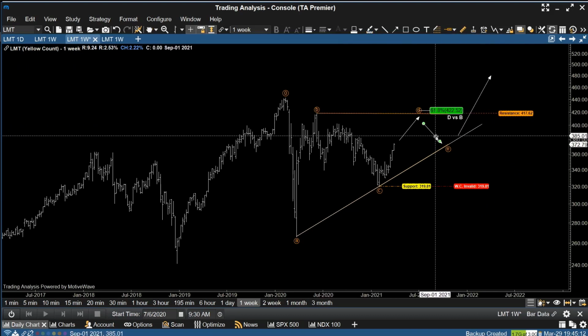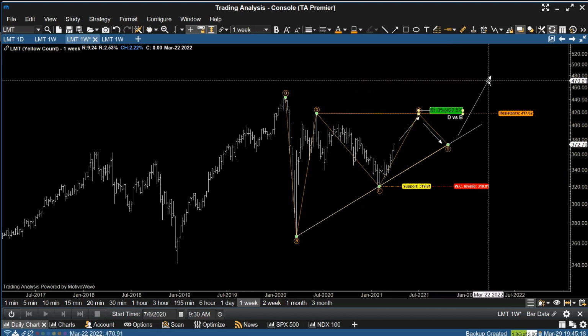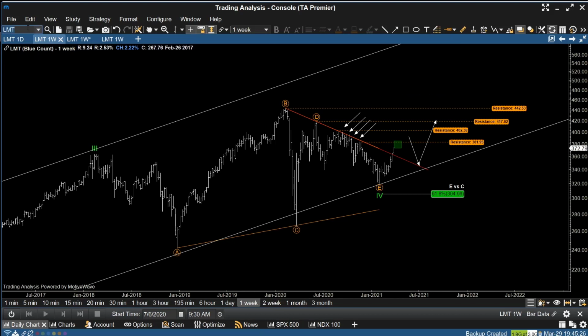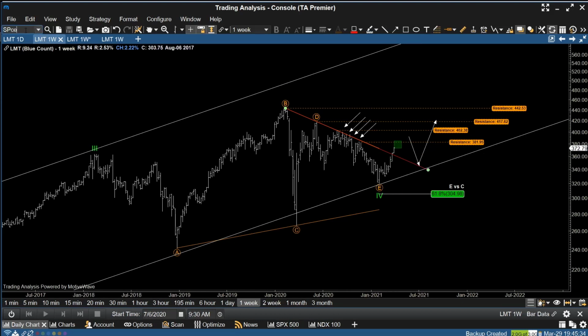We would then see some sort of a 3-wave pattern to take us lower in wave E, and then you would get the upside trend resumption. That said, I'm leaning towards the interpretation that you see here in front of you, as you'll see in Optima in 1 minute. A good example of the post-triangle breakout back testing the expanded contracting trend line can be found